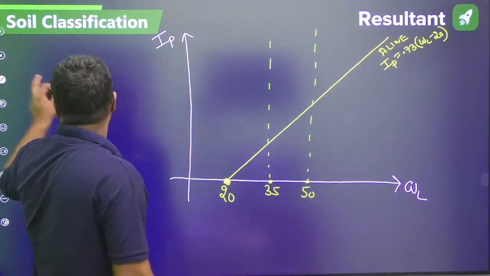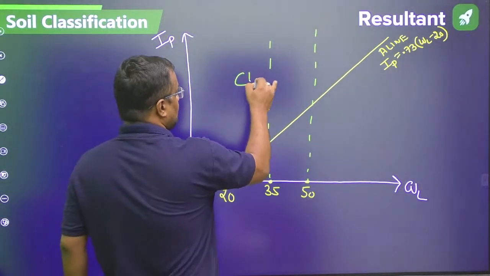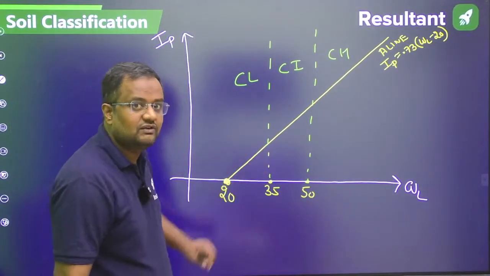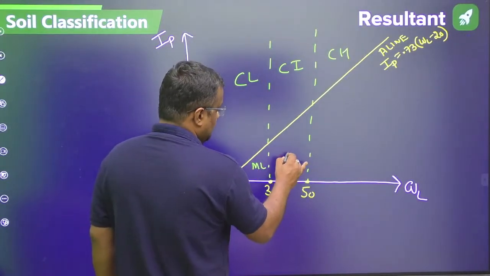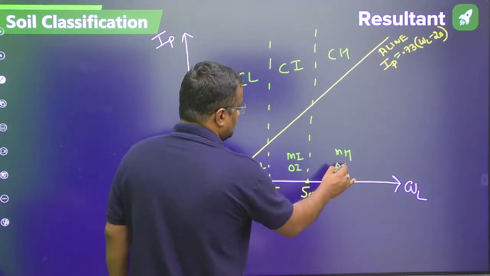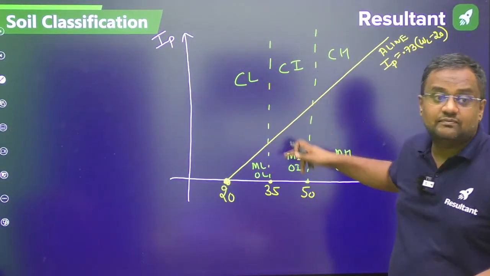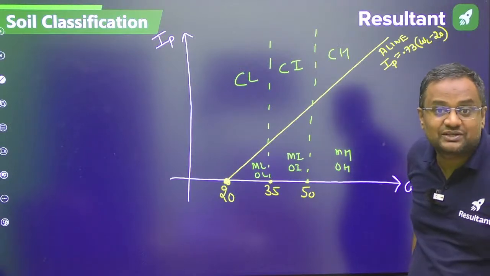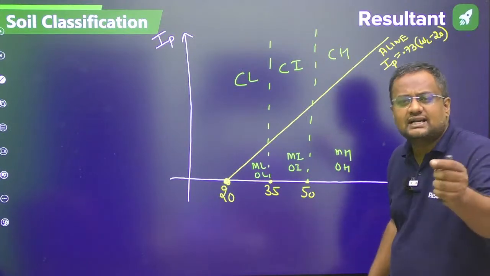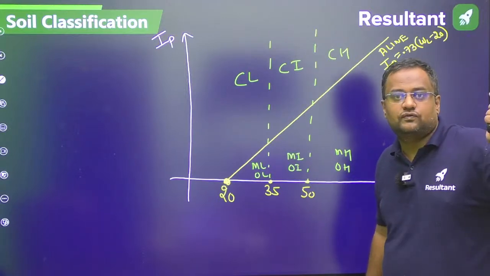If a particle is above the A line, it will be clay: CL, CI, and in this region CH. If a particle is below the line, it will be silt: ML, MI, MH. It can be organic also: OL, OI, OH. Now people teach this and go further, but I will tell you the logic why it is clay above and silt below. But first of all, guys, below the line it can be silt also, or organic also. How to distinguish? Organic soil is dark in color, and if you heat organic soil, a large amount of loss occurs,